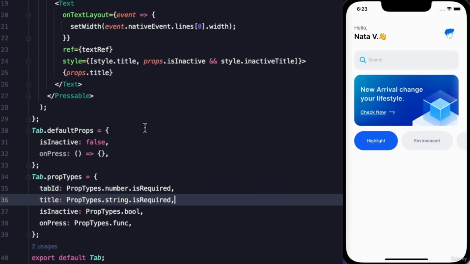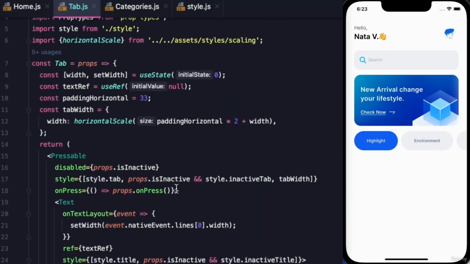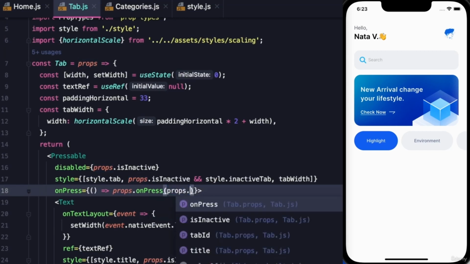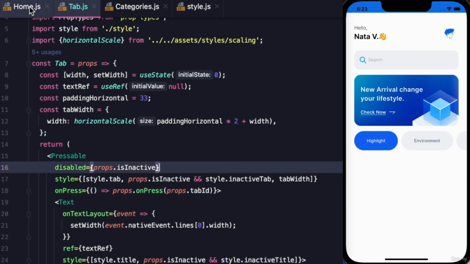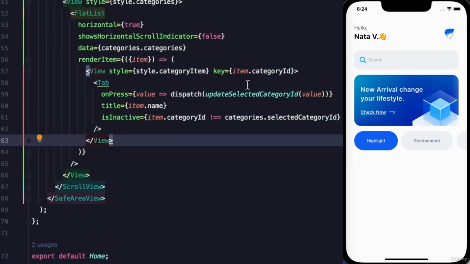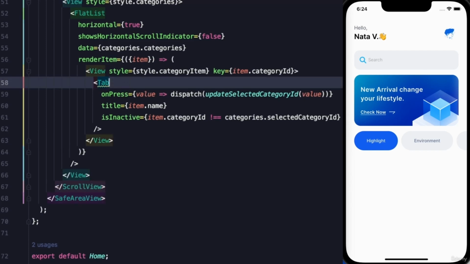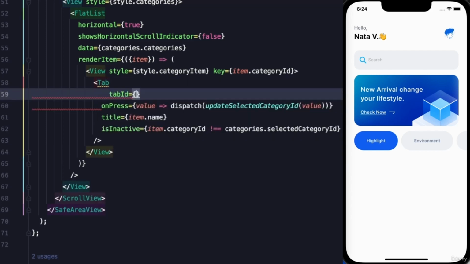So we're never going to miss doing this. And then on press, we're going to say pass as a value to the function that we're calling props.tabID. Let's save this, go here, and we should be all good as long as we pass a tab ID, which is going to be